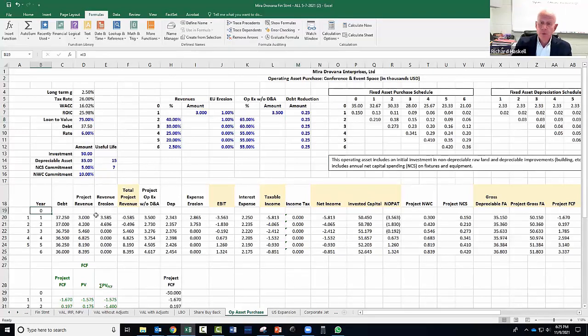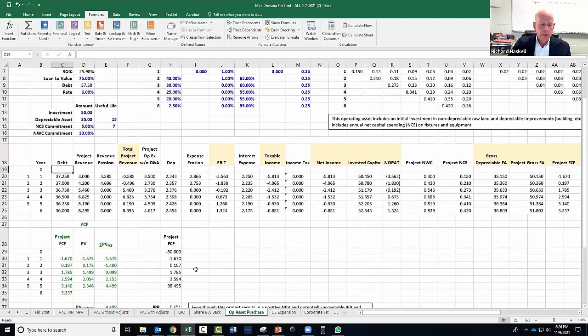Notice, first of all, I have virtually nothing for year 0 because this is unlike the existing company where we had a year 0 that we could measure. Year 0, this was an idea. We hadn't spent any money on it. Nothing was happening with it. So it's literally nothing all across the board. Now, you might argue here that in year 0, we took on some debt. We went ahead and found the facility. We spent some money, and that's all going to be embodied in our project free cash flow and in our net present value, profit index, present value, et cetera, calculations down here when we look at the